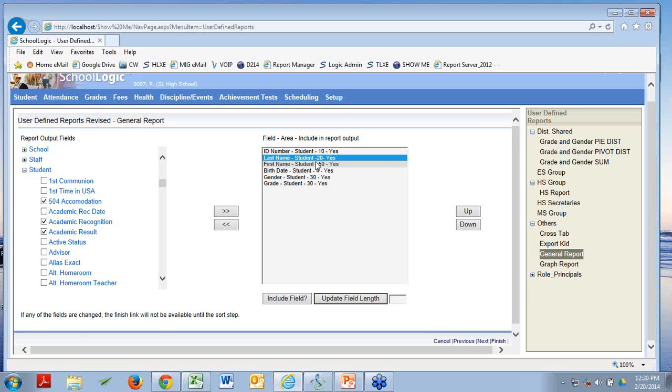I'm going to limit my last name student to 20 characters. Okay, so if I've got 17 characters, I'm good. If I've got 21 characters, that kid's name is going to get truncated. But I am also